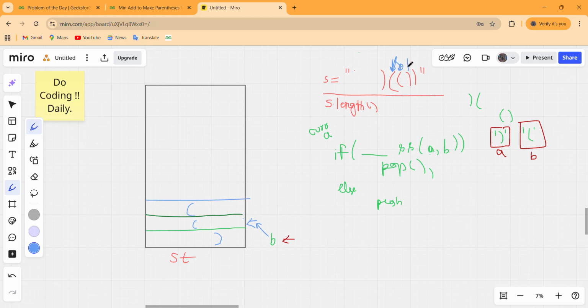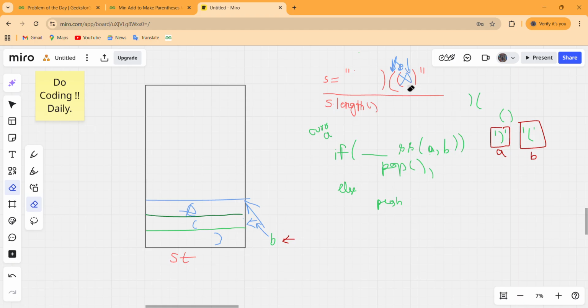And when we are on this, we find out that A is this time a closing one and B this time is an opening one, so the stack is not empty, we can see that, and this condition also gets true, so we have to pop out for this character. For this character we found a match, so this is a valid pair and gets discarded from our string.